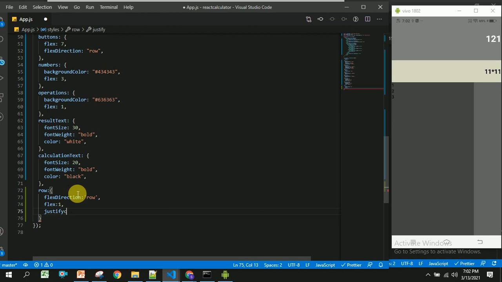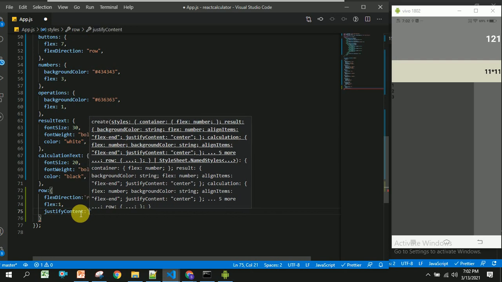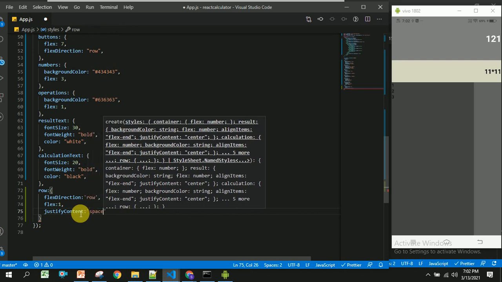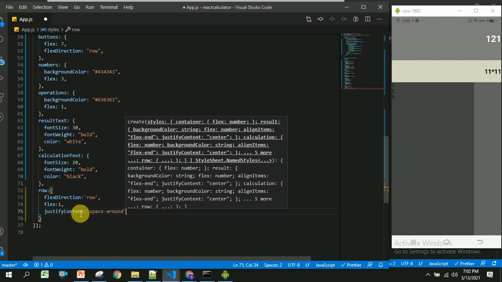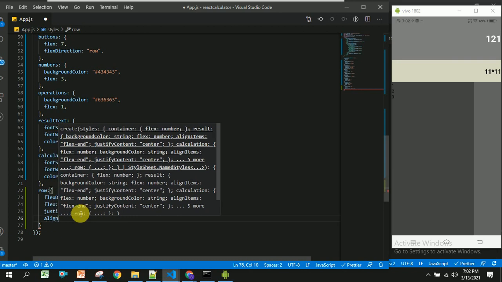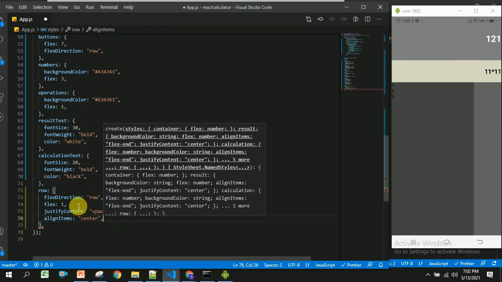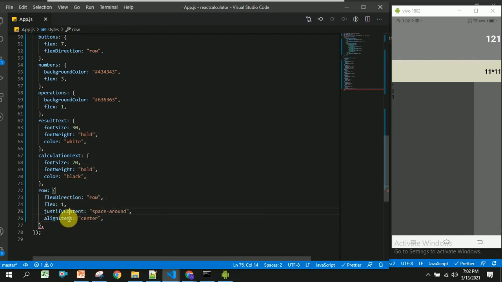Justify content will be space around, and align items will be center. If you don't know how to write these styles for justify content and align items, you can go to W3Schools, where you can get a brief idea of how to use both.